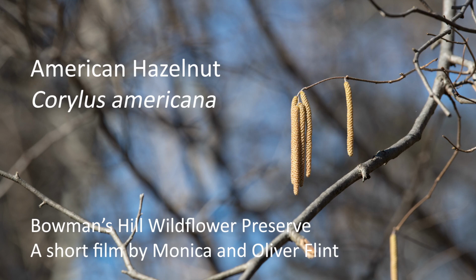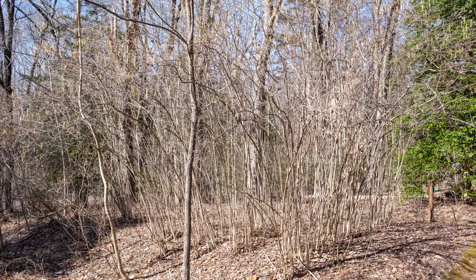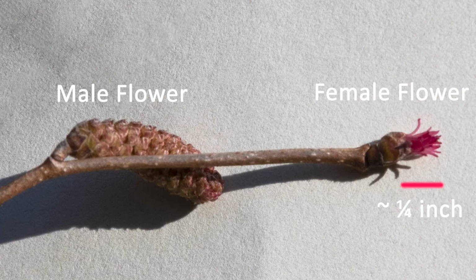In mid-March, we came here to Bowman's Hill Wildflower Preserve in search of hazelnut flowers. American hazelnuts, Corylus americana, grow up to 20 feet wide and tall. Since they spread by sending up suckers from underground rhizomes, they are often multi-stemmed. The male and female flowers grow on the same plant, meaning you need only one in your yard to provide